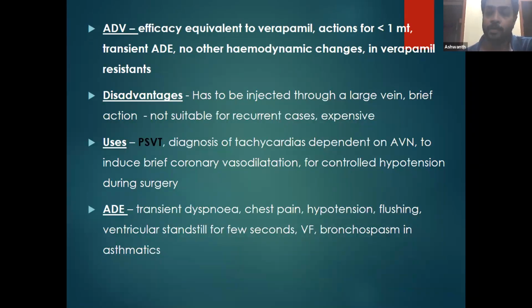The advantages are efficacy equivalent to verapamil, duration less than 1 minute, and transient adverse effects. There are no other hemodynamic changes, and it can be used in verapamil resistant patients. Disadvantages: it has to be injected through a large vein, it has a brief action, not suitable for recurrence cases, and it's expensive. Uses are in PSVT cases, diagnosis of tachyarrhythmias dependent on the AV node, and to induce brief coronary vasodilatation or controlled hypotension during surgery. Adverse effects: transient dyspnea, chest pain, hypotension, flushing, ventricular standstill for a few seconds, and bronchospasm in